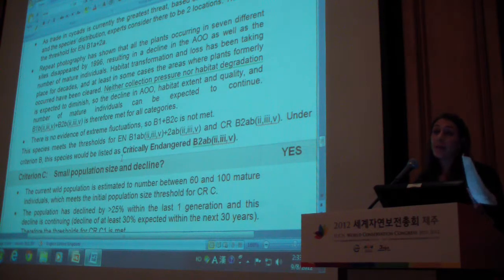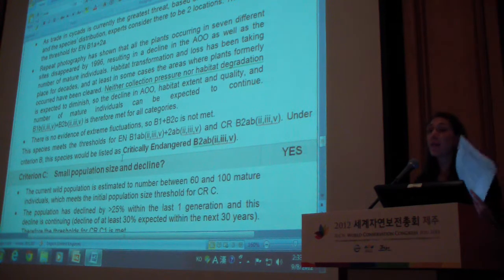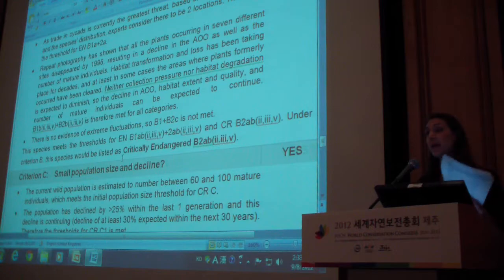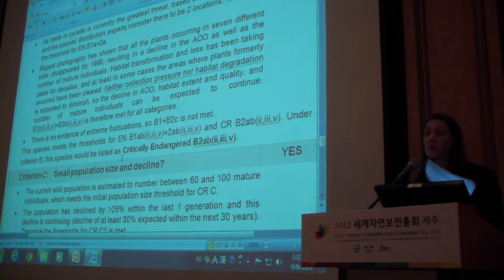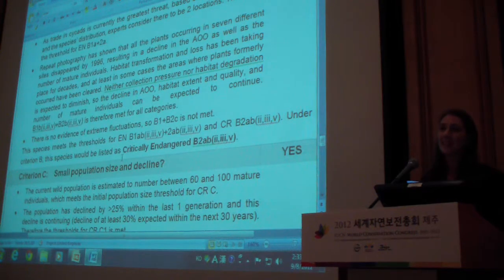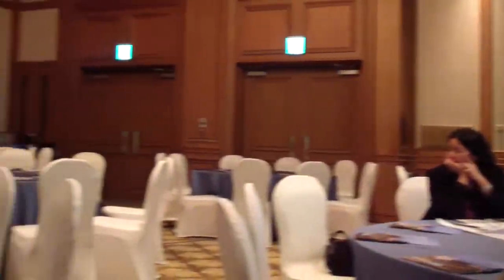Theoretically, you could say that if the individuals continue to disappear, then the number of subpopulations may disappear if you're counting each individual as a separate subpopulation. They didn't do that in this assessment, so I'm assuming that's not it. Go ahead. How can you have decline in the area of occupancy or even